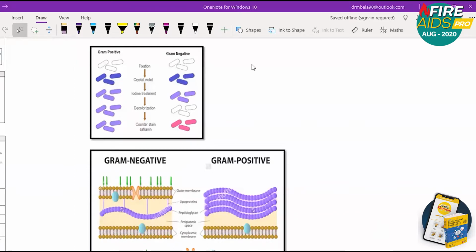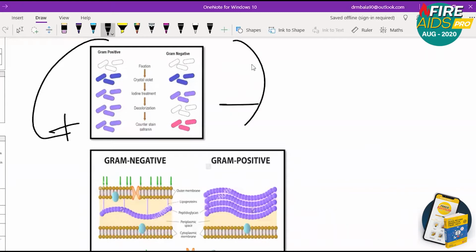So here I provide you a picture of the gram stain for your understanding. In bacteria, before going to further classifications, I want you to cover some basics so that we can quickly see what we are dealing with. Gram staining is to know whether a bacterium is positive or negative. Every bacteria comes in that category. In gram staining, initially we use a crystal violet dye. Let it be gram positive or gram negative, it's going to stain the same color.